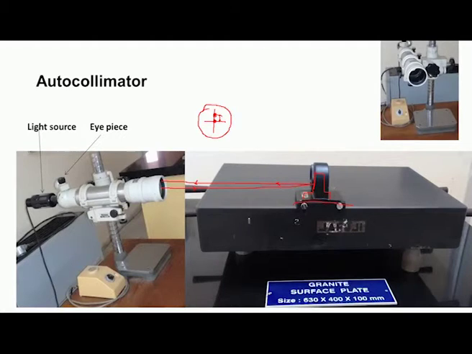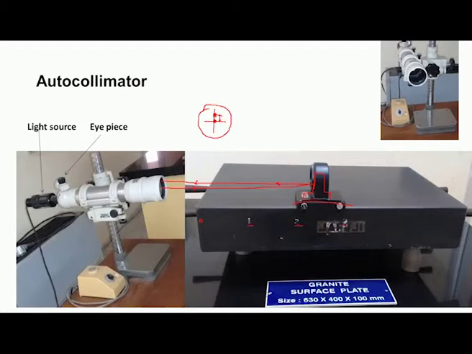Like this, at different locations, different positions, we have to keep the reflector. The total length of the surface is divided into some equal number of parts. This is 0, and you can see this is the first position, and this is the second position, third position. Like this, we have to divide this into equal number of parts, and then we have to keep on placing the reflector at different locations, and then we should note down the readings.